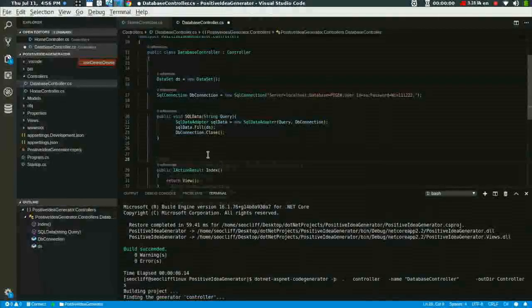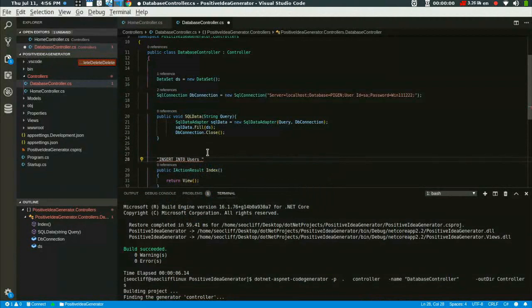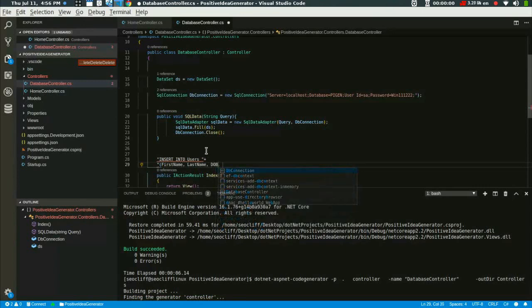So let's use the query insert into users, and the columns are first name, last name, DOB, and about me. Okay, and the values for them are,